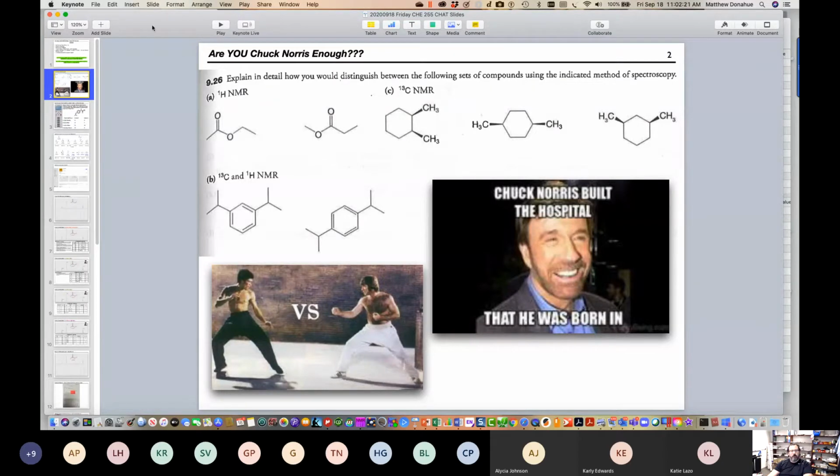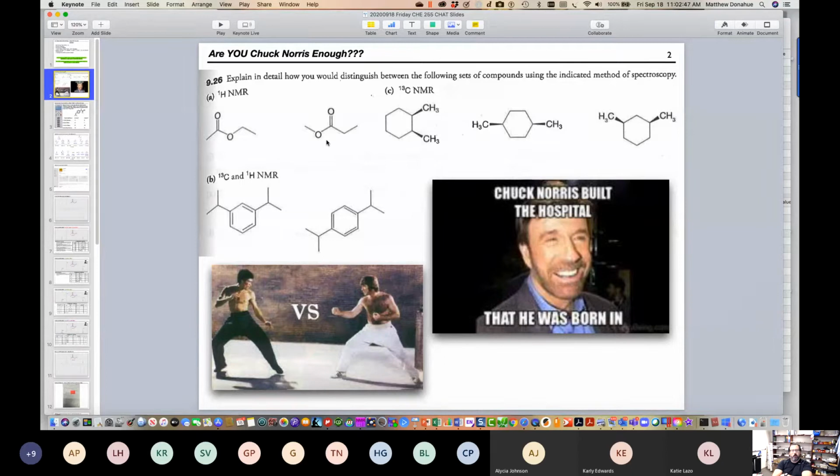So first, maybe in the chat, what main functional group do you see in these two compounds for problem A here? What's the main functional group? So these are esters,